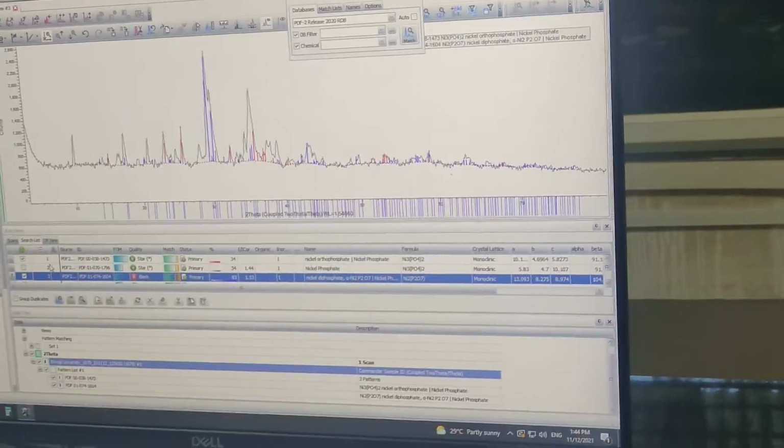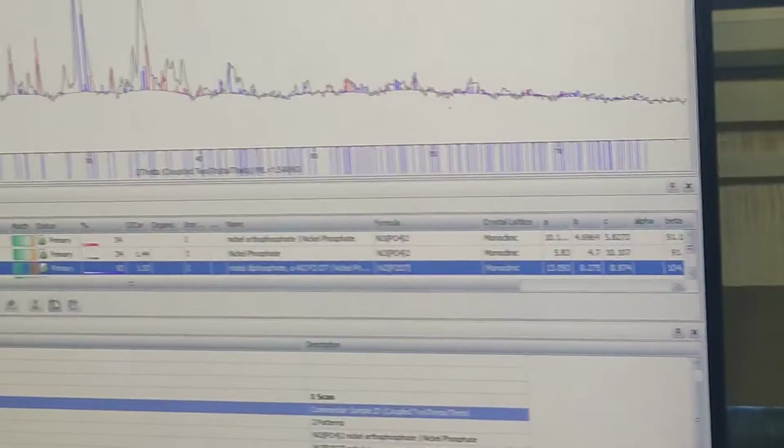If only 8 of the 10 peaks match and the remaining 2 do not, then it is 80% match. That is this number. You believe the number or you don't believe the number, it is totally up to you, but this is the meaning of the percentage.